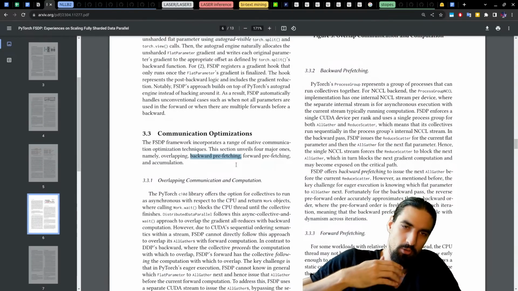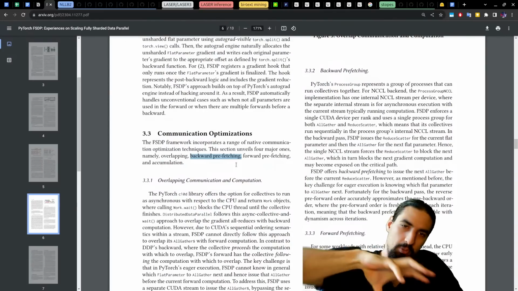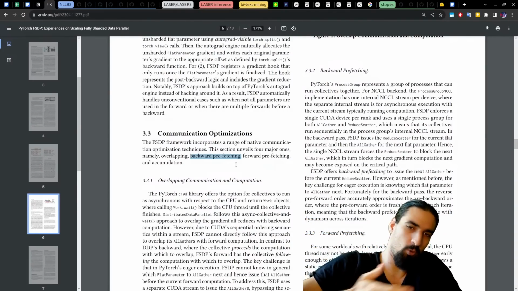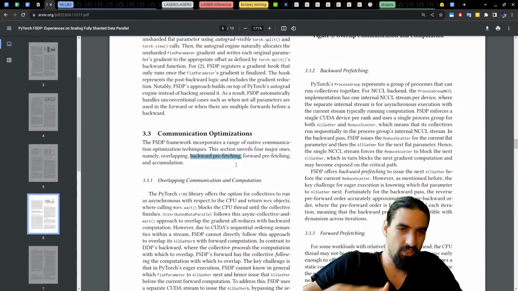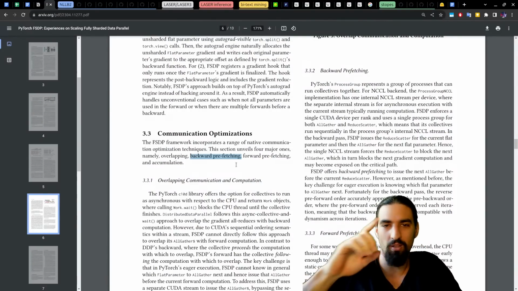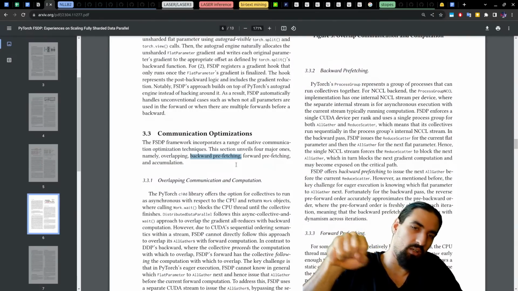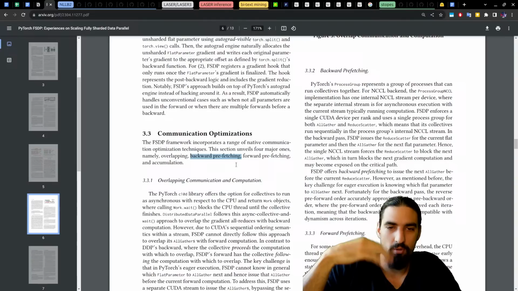So when we are doing the backward pass, you prefetch the shards before you go and do the computation. Same for the forward. Accumulation is probably what I just said, the gradient accumulation, where you do multiple forward, backward, and you're not doing the gradient sync, which saves you the communication overhead. And then overlap is basically kind of connected with these two.